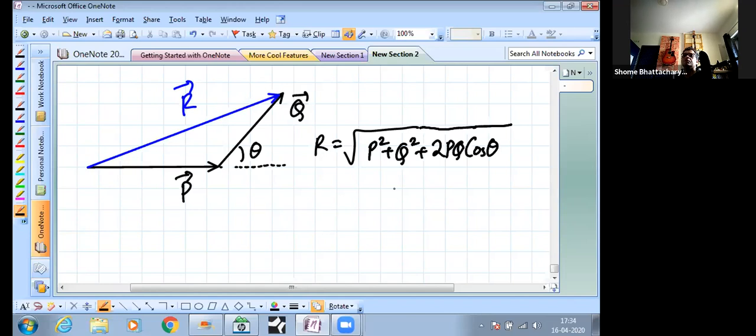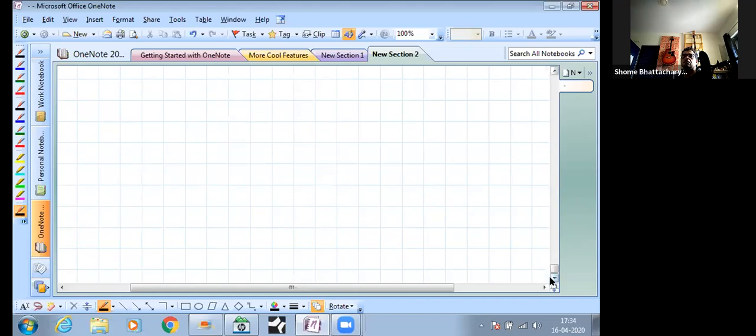The problem is when we come to the second thing: what is s? So let's understand what is s over here. For s, we first draw the vector p, the same thing that we had earlier. But now instead of adding q, which would have been in this direction, we have to add which vector? We have to add the vector minus q. So minus q would be a vector which is now lying over here. This is the thing we have to understand.